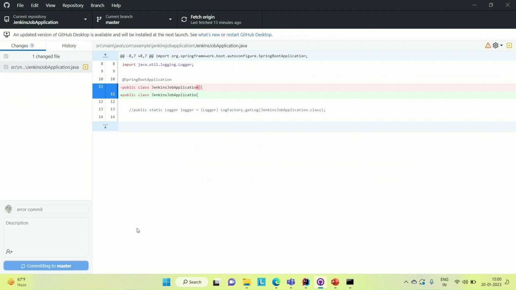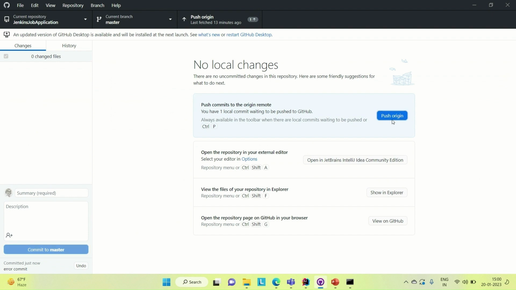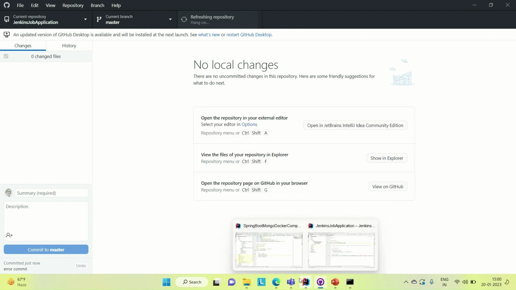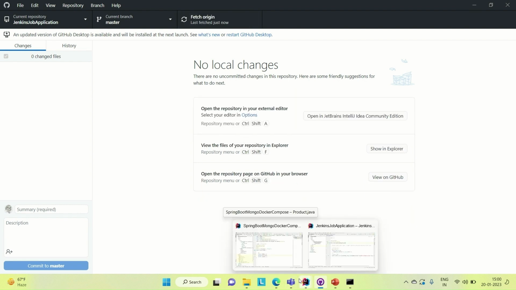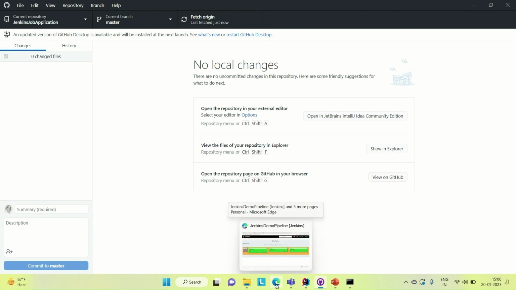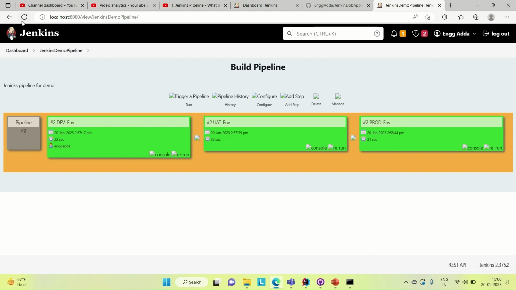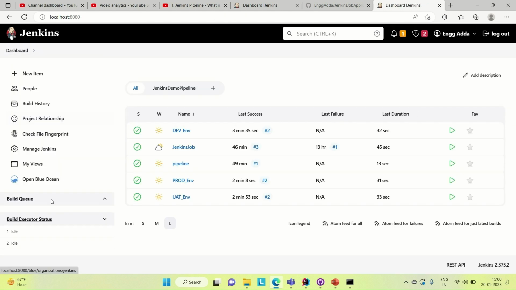Okay, let me push it. Once we push it to the git, then the build will automatically trigger because in the cron expression in the poll SCM we have provided like that. So let me go to the Jenkins and then show you. Okay, let me refresh this. Or you can come to the dashboard and you can also see in a few seconds it will pick up